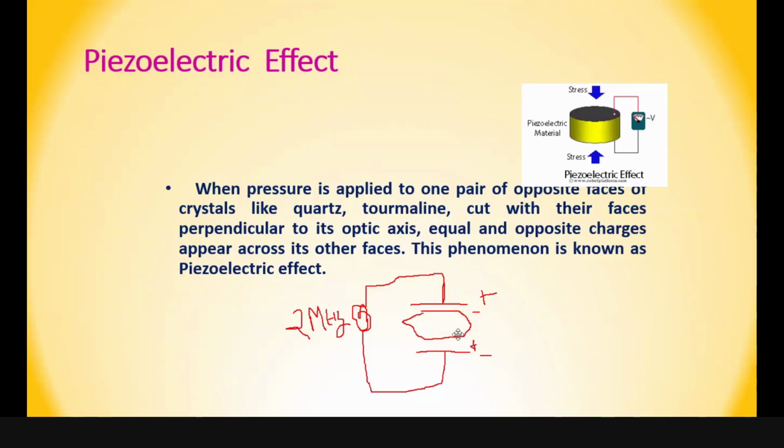By the time the charge carriers move out of the crystal, the polarity of the plates changes. The positive plate becomes negative and the negative plate becomes positive. So the charges get repelled. Again the same thing: positive charges now move towards the upper plate and negative charges move towards the lower plate. Again there will be a reversal of the charges on the plates, right?